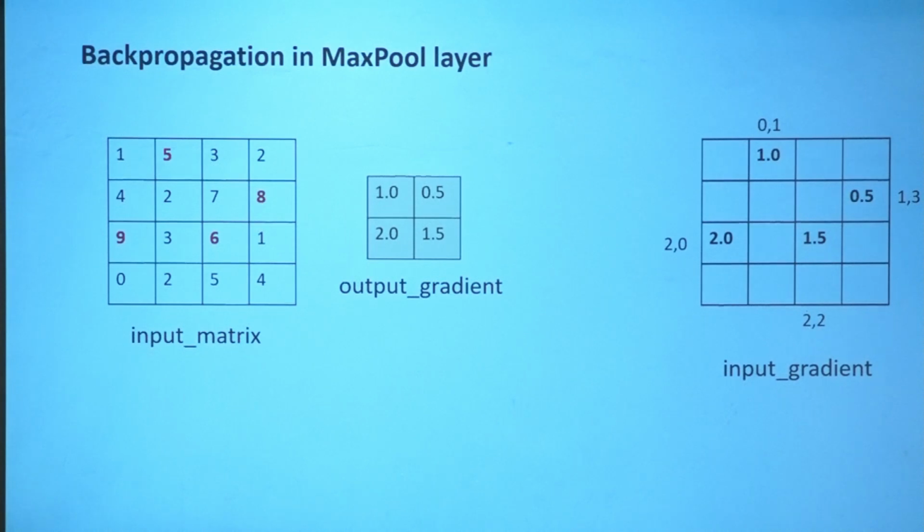So in order to do this, during the forward pass, we need to record the maximum index positions. Once this is done, the rest of the elements will be filled with 0 because they are not involved in the computation. Only the maximum values are involved in the forward pass computation. So the rest of the values will be 0. This is back propagation in the max pooling layer. Is it clear? Is it clear to all of you? You only need to implement the logic. If you have any doubts, you can ask me.